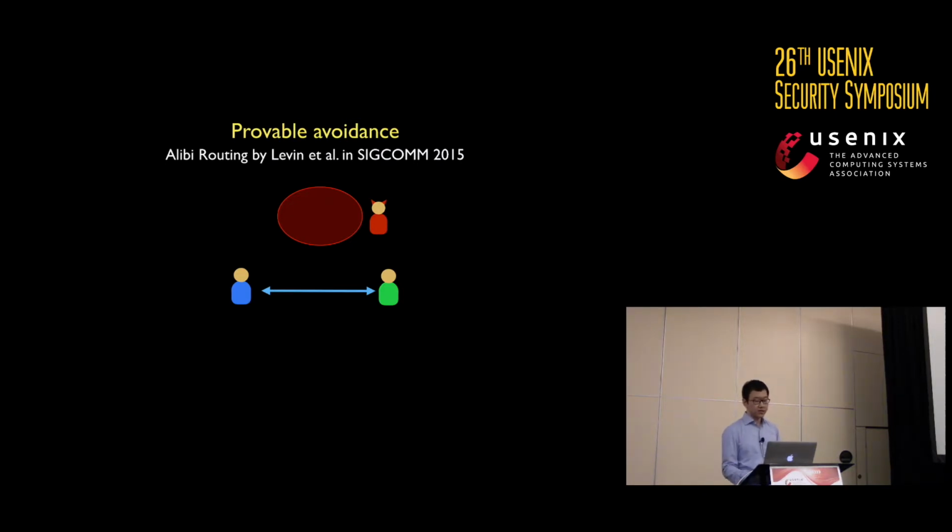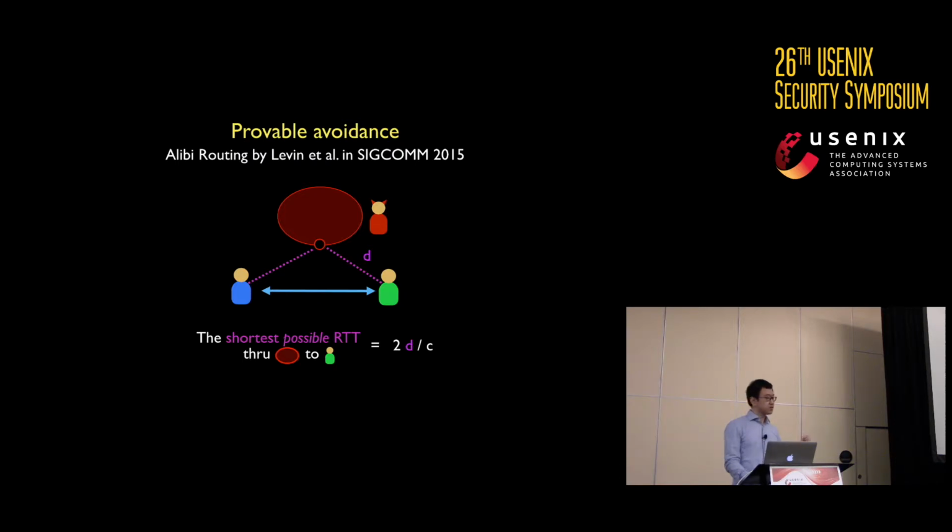Consider this end-to-end communication and the region this communication wants to avoid. If the packet from the source traversed that region and then went to the destination, then the shortest possible distance this packet has traversed will be like this. We assume it's d. And the shortest possible round-trip time for this packet will be 2 times this distance divided by the speed of light.